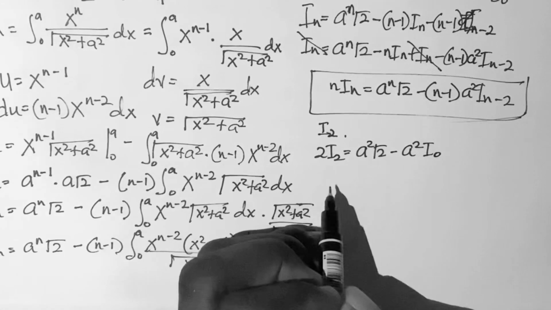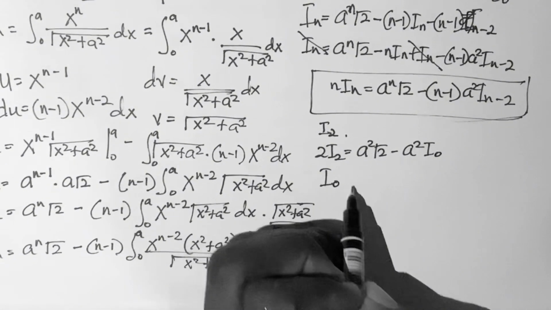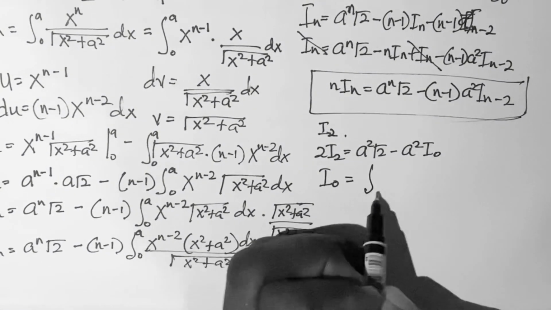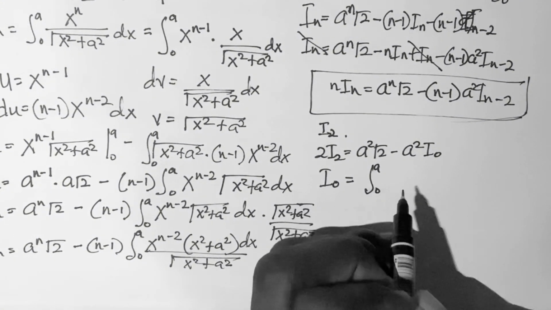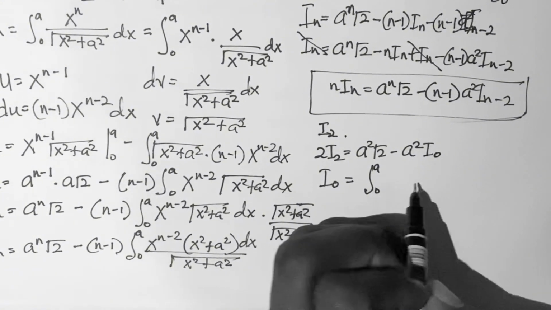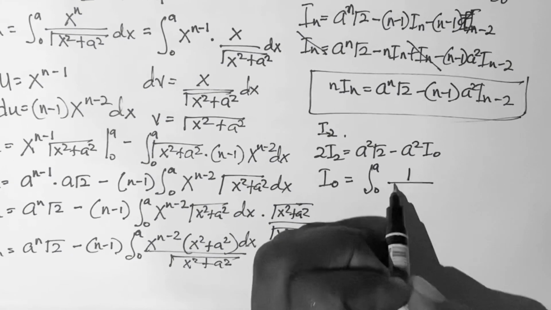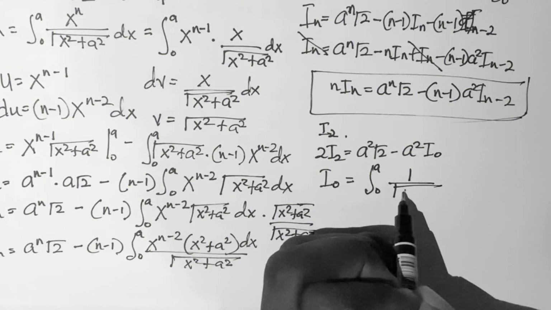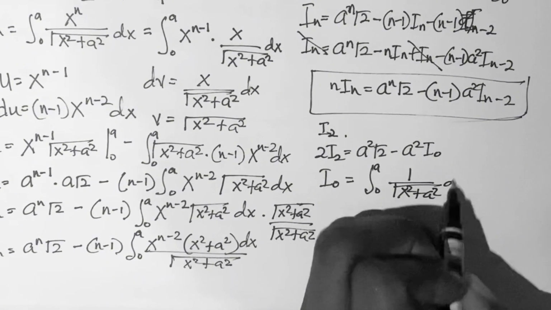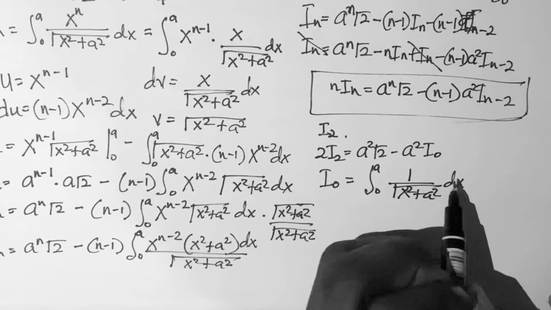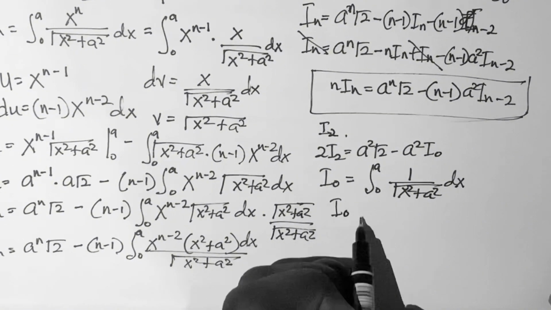So let's find I of 0. I of 0 is equal to the integral from 0 to a. Now x exponent 0 is 1. So 1 divided by the square root of x squared plus a squared dx. If you do this integral, you are going to get I of 0 equals